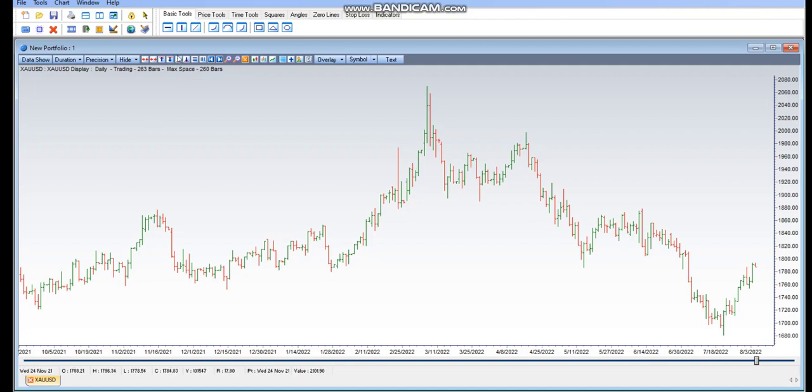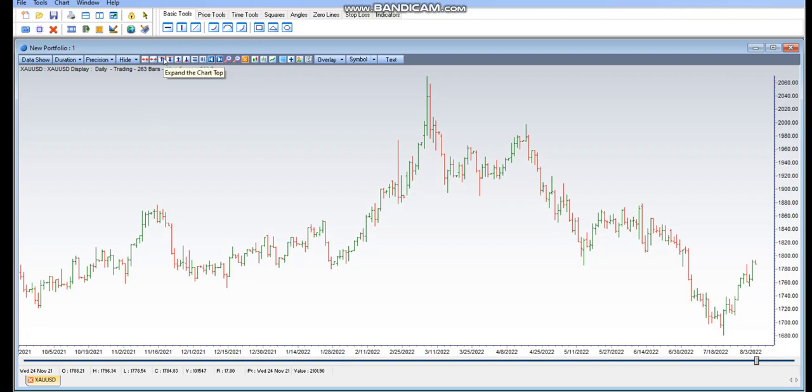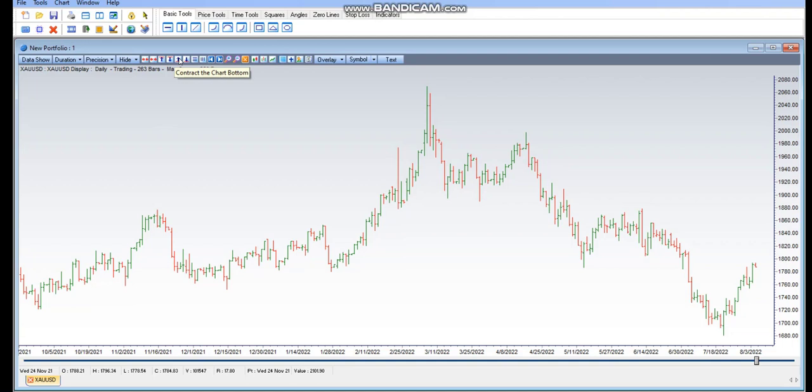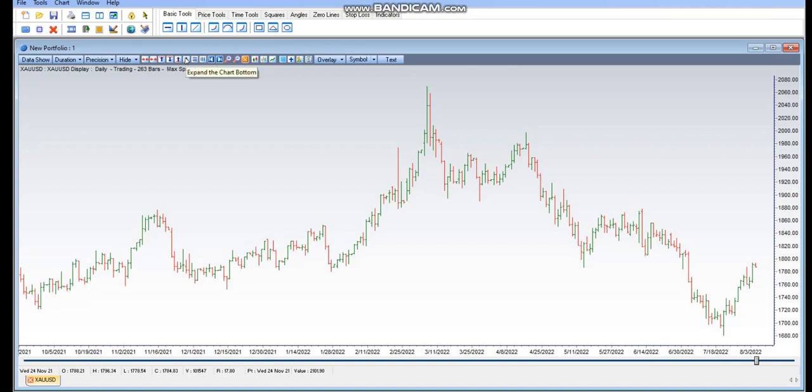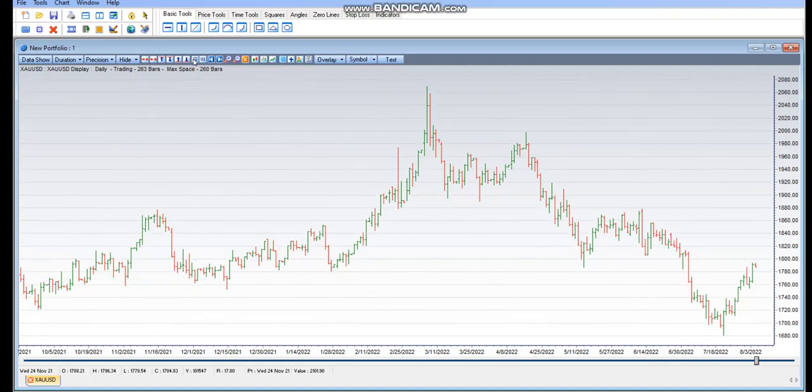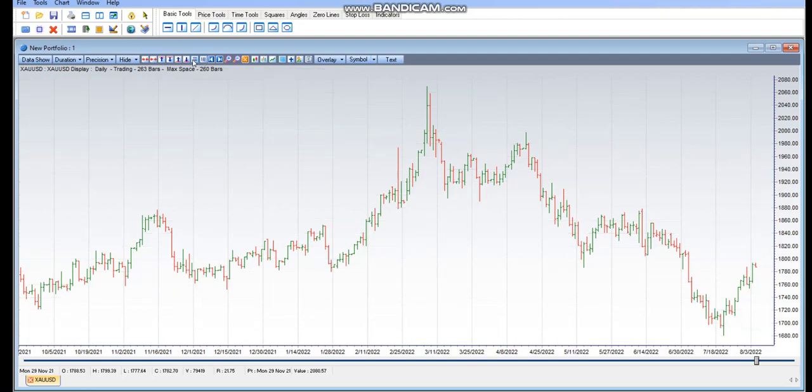This one will make the chart go up, and this one will make it go down. This one will minimize the chart itself, and this one will expand the chart itself. Here you can make small horizontal lines, and here you make a vertical one. I don't like this one. Anyway,